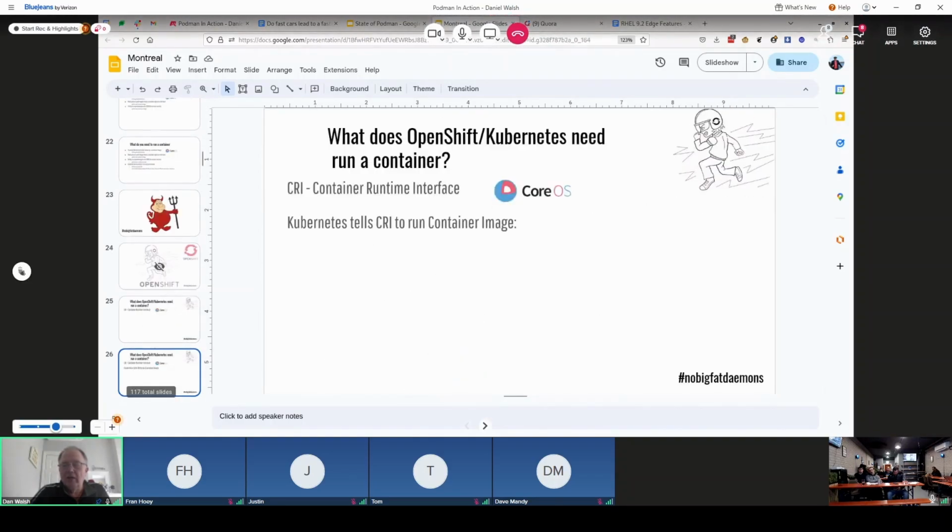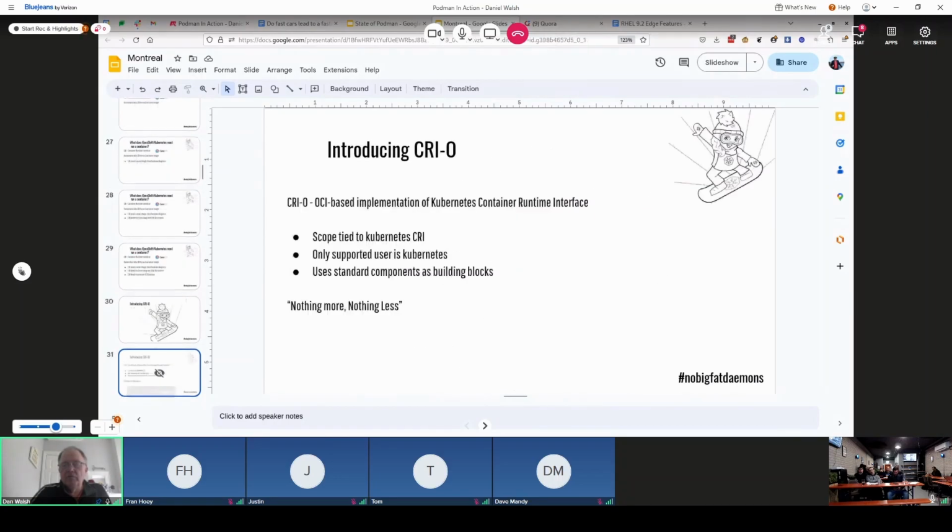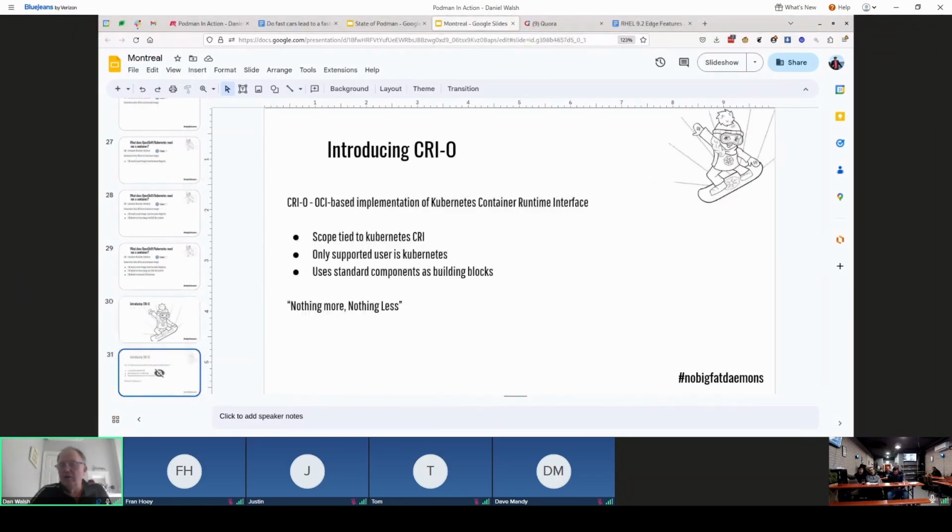So I'm going to skip ahead a little bit to talking quickly about a tool that we developed at that time for running Kubernetes workloads. The original Kubernetes environment was used for wrapping Docker and talking to the Docker API all the time. But one of the problems that Kubernetes had when it wrapped Docker was that every time Docker changed, Kubernetes would blow up. So we wanted to introduce a new daemon that Kubernetes could interact with that was tied to Kubernetes,